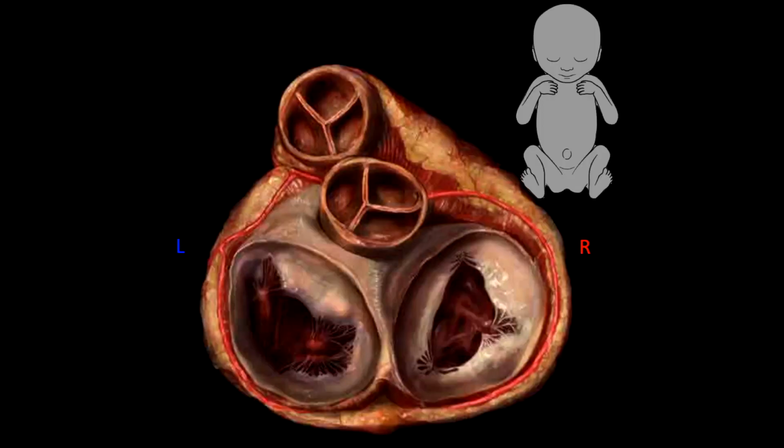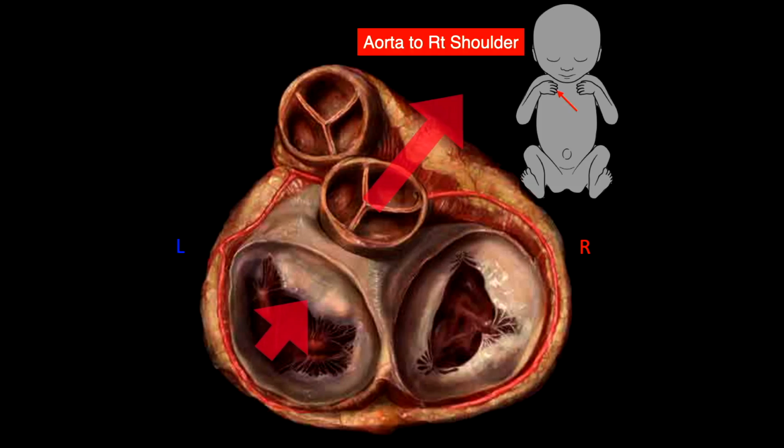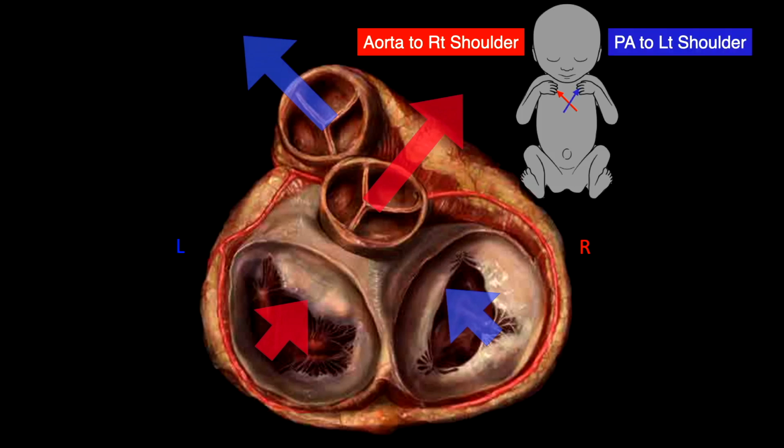So I mentioned this briefly. The blood that enters the mitral valve exits from the aorta with the direction towards the right shoulder of the fetus, and the blood that enters the tricuspid valve exits from the pulmonary artery with the direction of blood flow towards the left shoulder. So you could see at the level of origin of the great vessels, the direction of blood flow is perpendicular to each other, as you see here. As I mentioned yesterday, these vessels become more parallel as they ascend further into the chest. So that's an important feature for you to understand about the relationship of the great vessels as they originate from